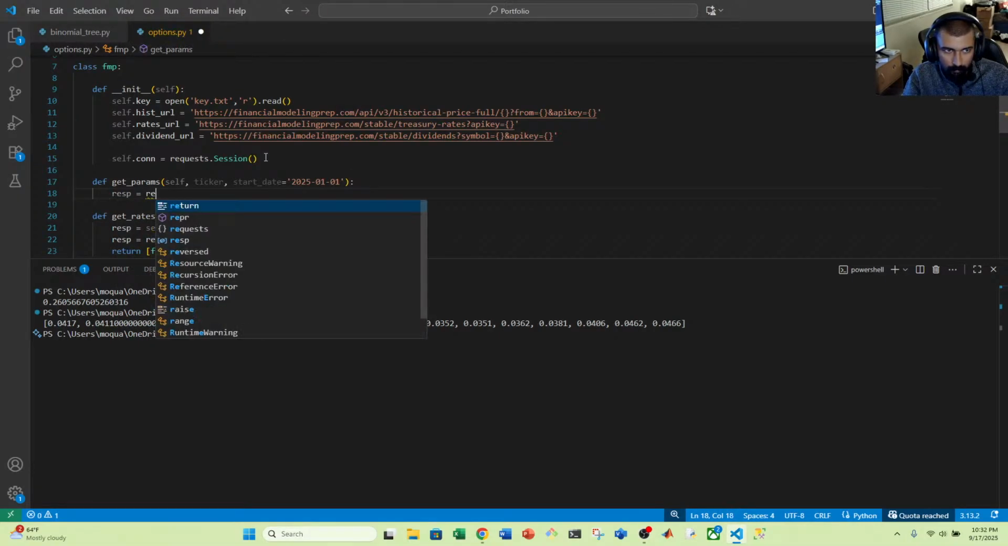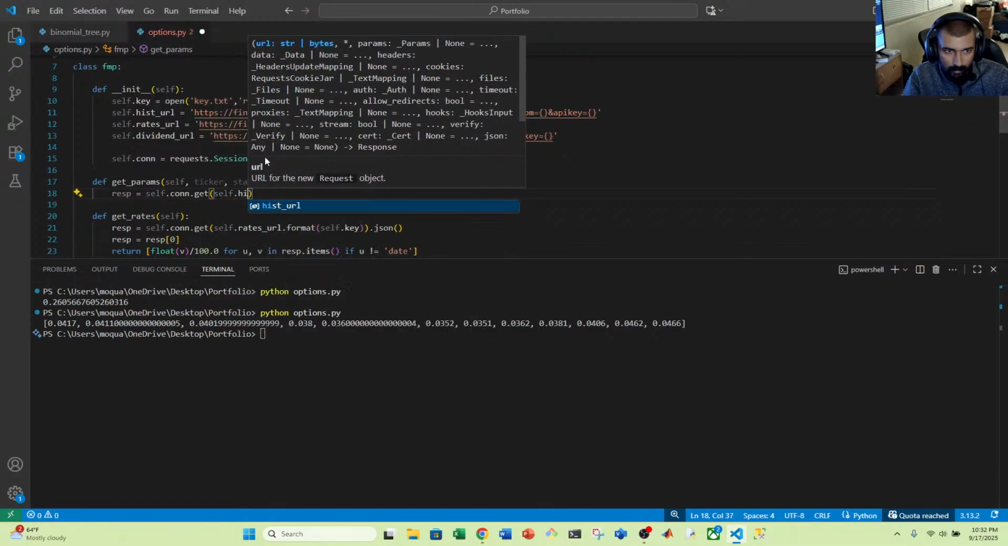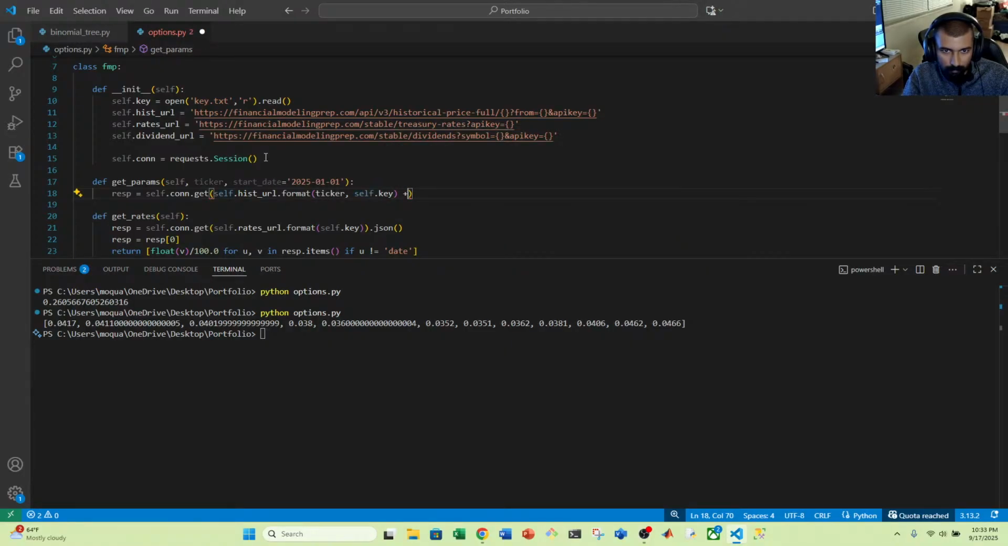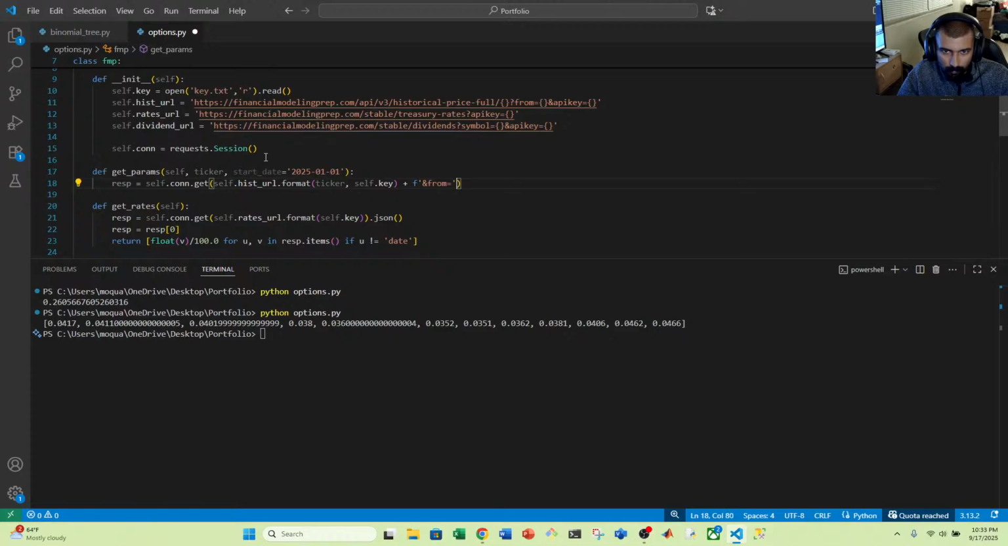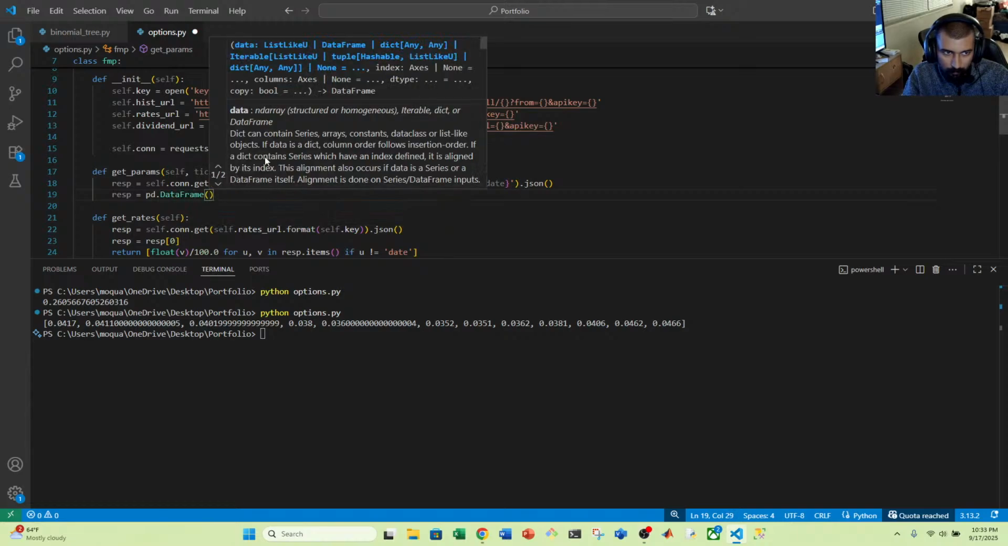So I will do response equals request, no, self.con.get(self.hist_URL.format(ticker), self.key), and this is going to be plus an and symbol, and I'm going to call this from equals. Let me also make it an F string. So from equals start date, dot JSON, and then response equals pd.DataFrame of response